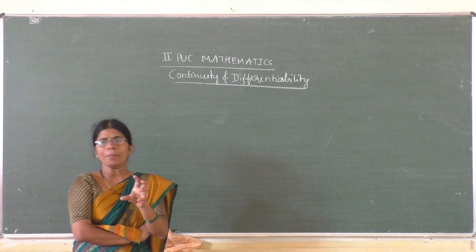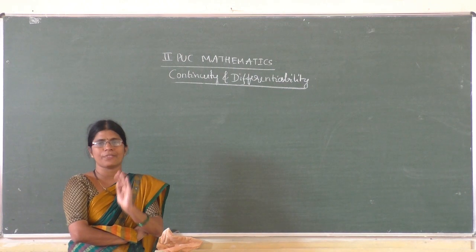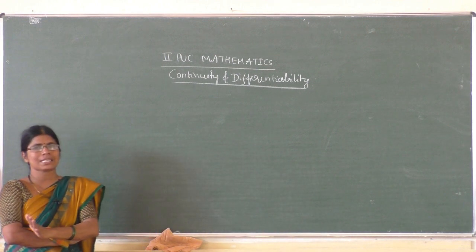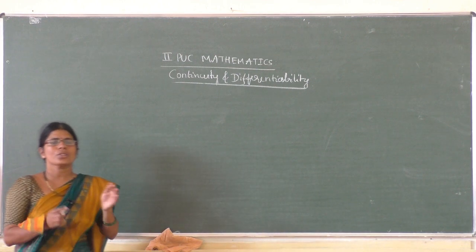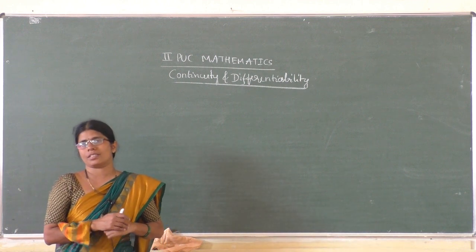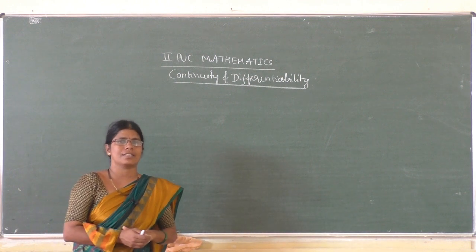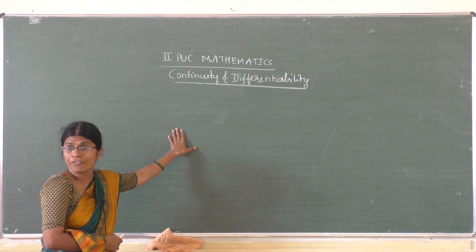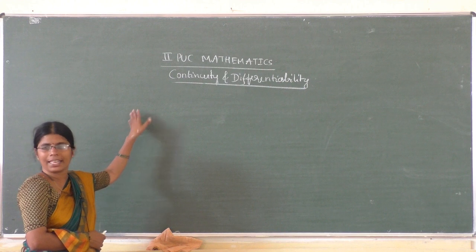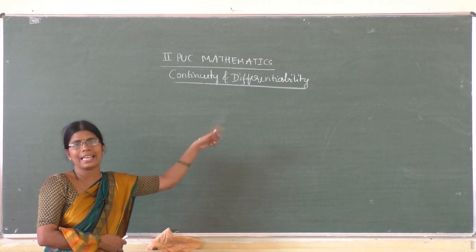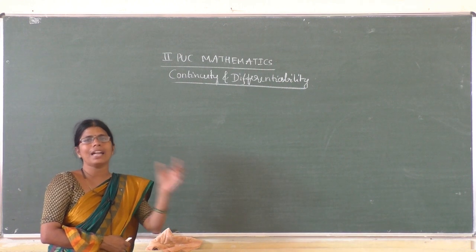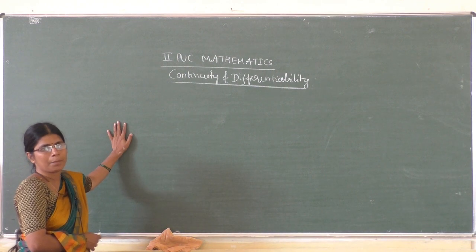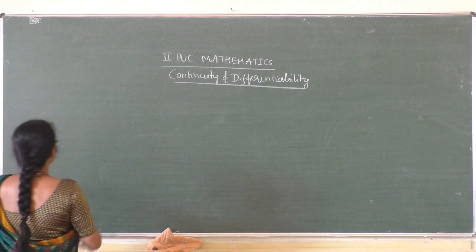Polynomial functions are always continuous wherever they are defined. Similarly, trigonometric functions are always continuous wherever they are defined. So there are some standard functions which are always continuous. Here, to check the condition for continuity, we are not taking the definition, we just assume that it is a continuous function. Like that we solve for Rolle's theorem and the mean value theorem.